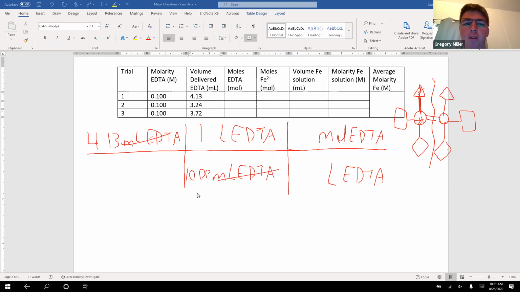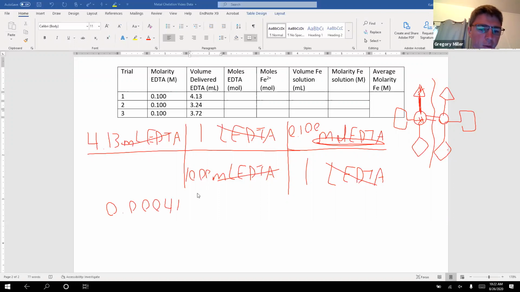And then we just have to figure out the values. Well, the molarity provided to us, that number goes with moles, so 0.100, and then the liters gets a 1. Liters of EDTA cancels out. We're just left with moles of EDTA, which is what we wanted. So 4.13 times 1 times 0.1 divided by 1,000 will give us, let's see, 0.000413